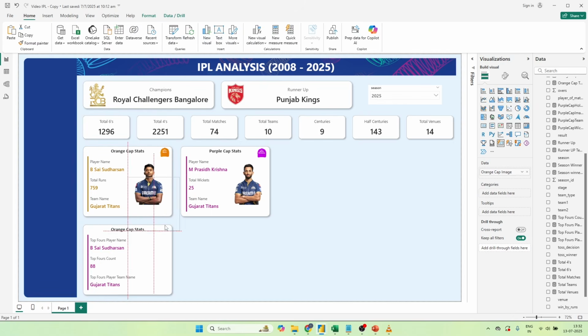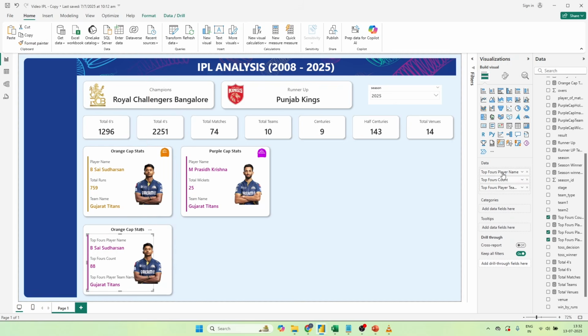Player image also we'll copy, okay? And now select this, and instead of this we'll name it as player name, okay? And we'll name it as total fours. We will name this as team name,